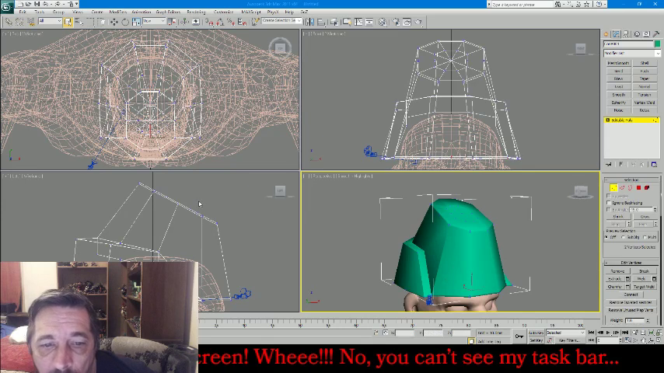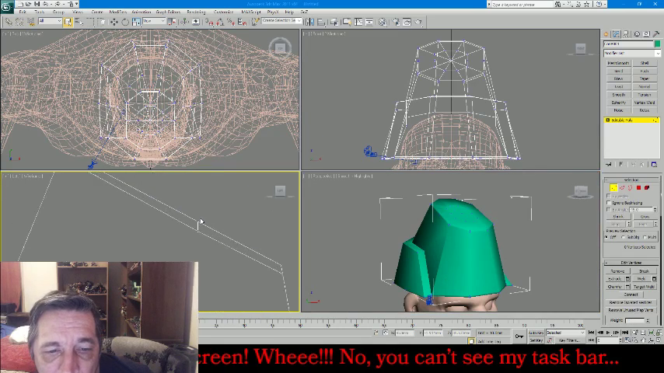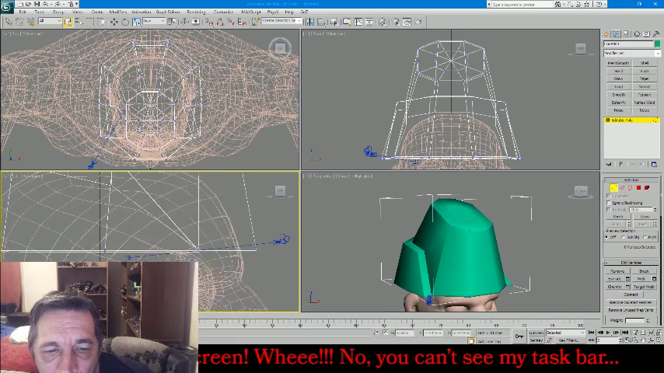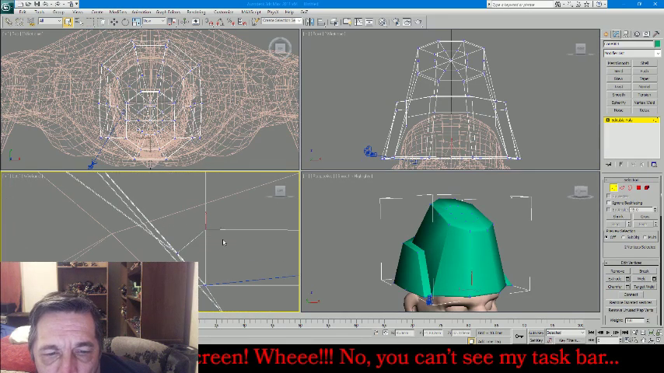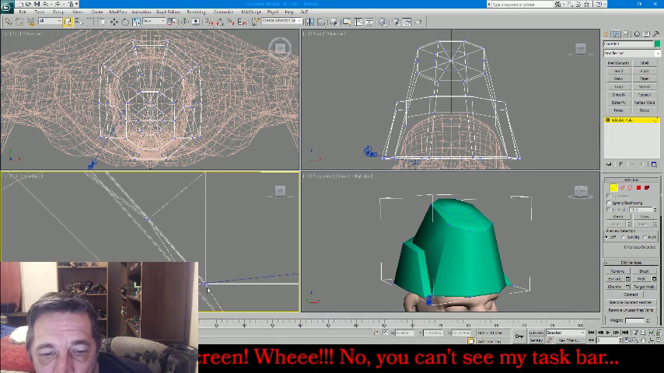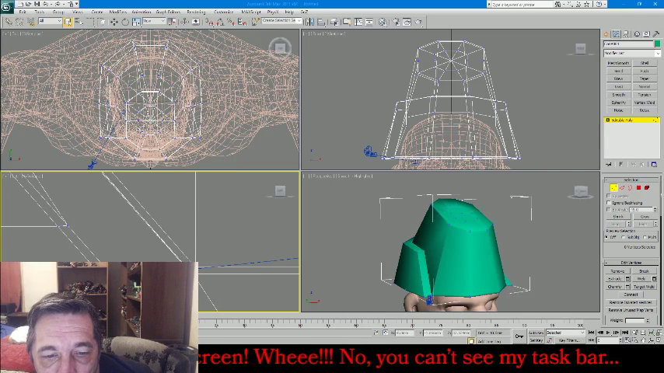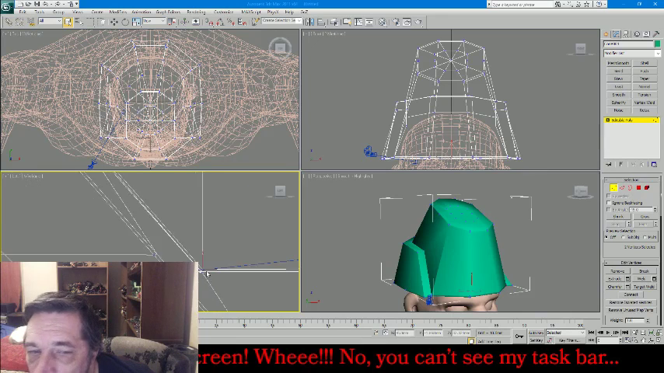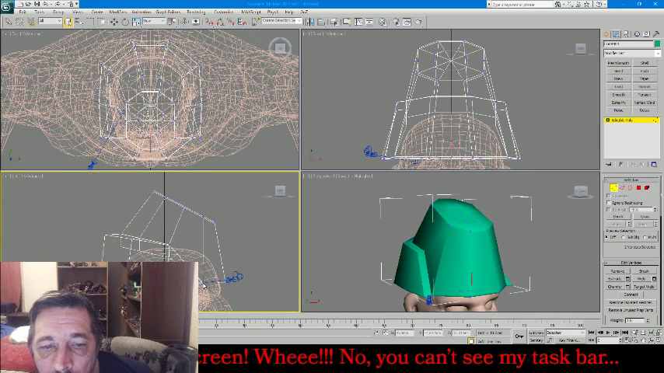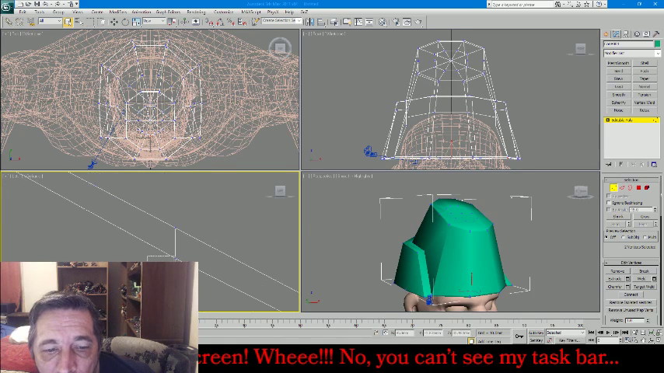And then, okay. Here we should have, oh, we got 2 there. Let's weld them. Now we got 4 there. Here we should have 2. Here we should have 2. And here we should have, oh,